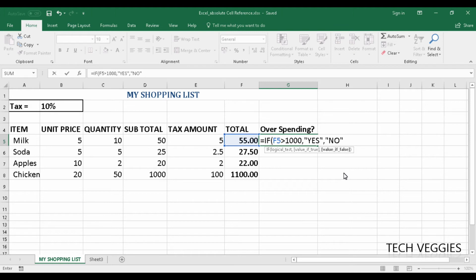So in other words, what we're saying is that if the value we have for total here in this column, starting with the value for milk in F5, is greater than 1,000, then yes, we're overspending. Okay, that's the question we're asking here. Are we overspending? Yes, if it's over 1,000. If not, then no. Alright, so we go ahead and close bracket, press the enter key,